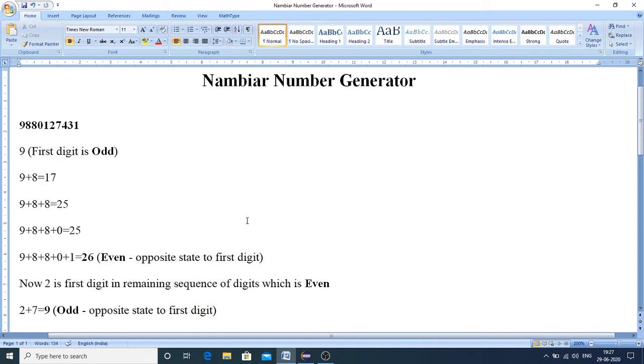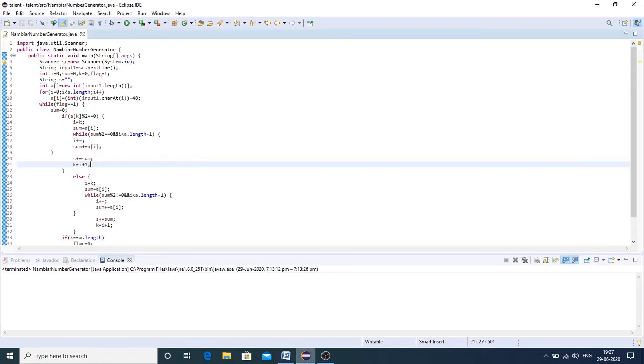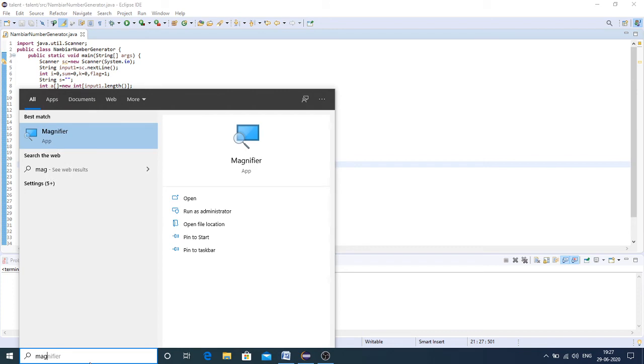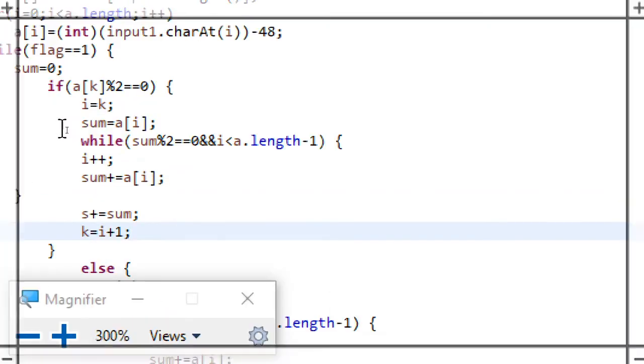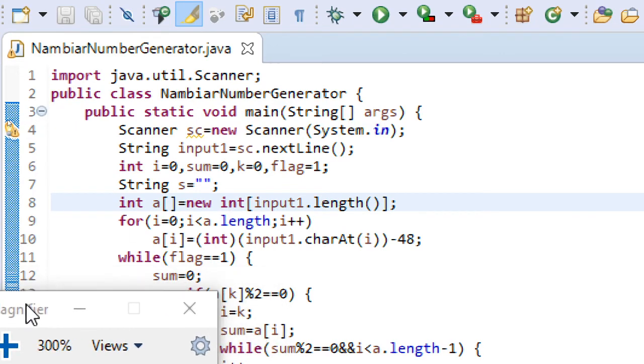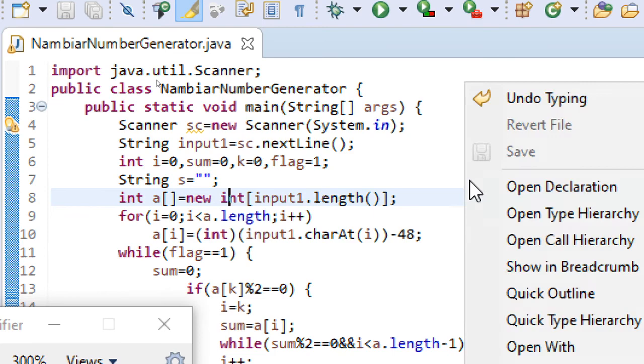So this is the Nambiar number generator. Let me first run this code and then explain my code. I am using Eclipse IDE. Let me use the magnifier just to make things visible. So here is the code, and let me first run and show you.